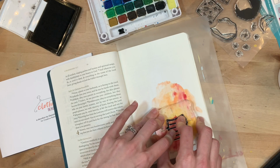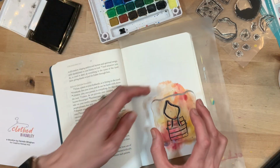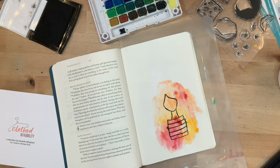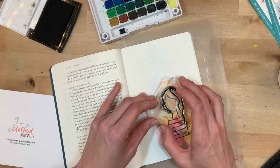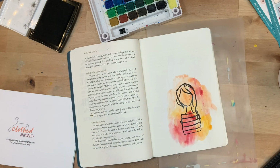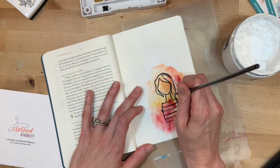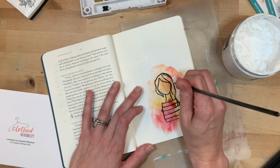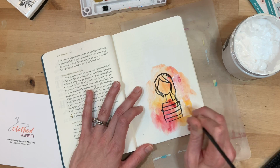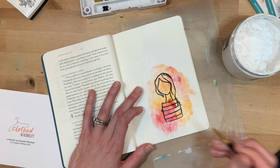He's looking for Christ-like humility, and sometimes the way to bring glory to God is through our failures, through humbling ourselves, through learning that we can't do it all, and that things that we do don't always turn out, quote unquote, perfect. So this was a really good page in that I was feeling really confident about the page, and then it went south. And it doesn't mean it doesn't bring glory to God. Just because it ends up messier than I intended, just because it didn't come out like I thought it was going to come out, does not mean that this time with God in my Bible was wasted in any way,